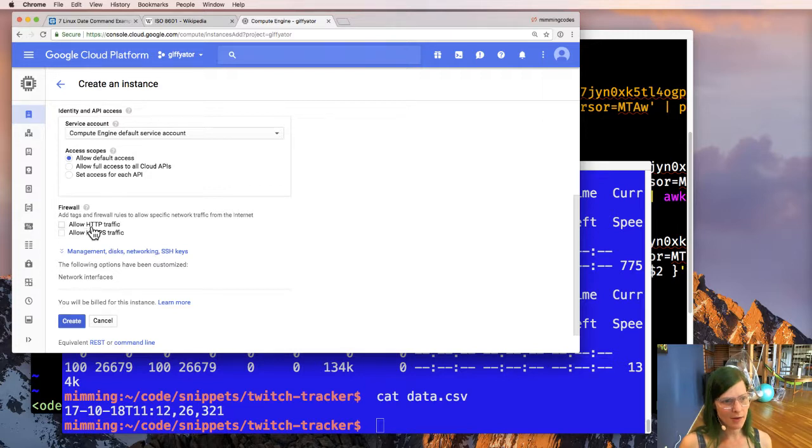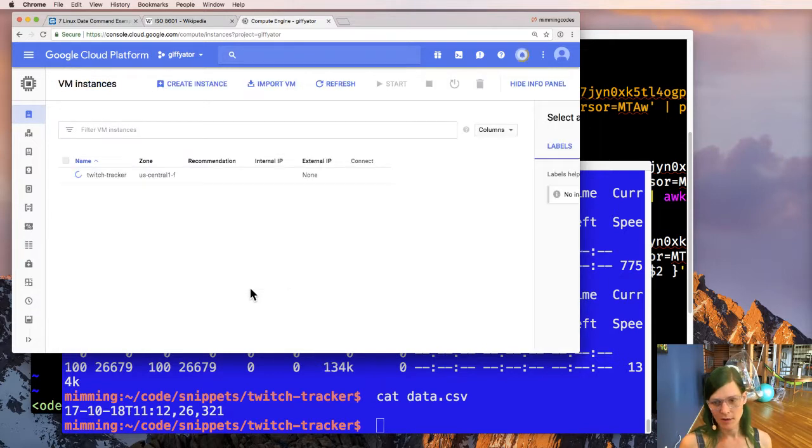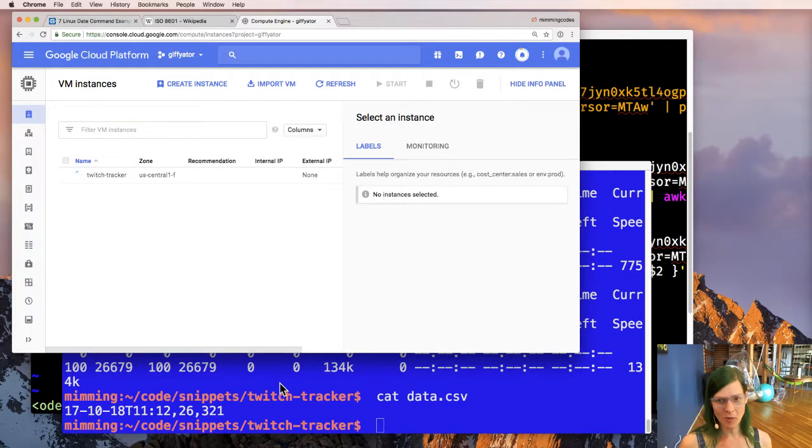And we can leave the firewall locked down because we don't need any inbound traffic. But based on the way I've written the script, this VM is probably going to get pwned anyway pretty fast. Just because if you are sneaky, you can construct a community name on Twitch and use it to do remote code injection, remote code execution on this VM. So I'll be partitioning this one off from the other stuff.